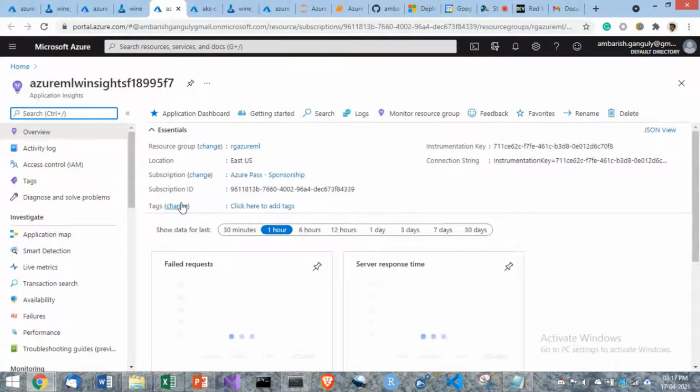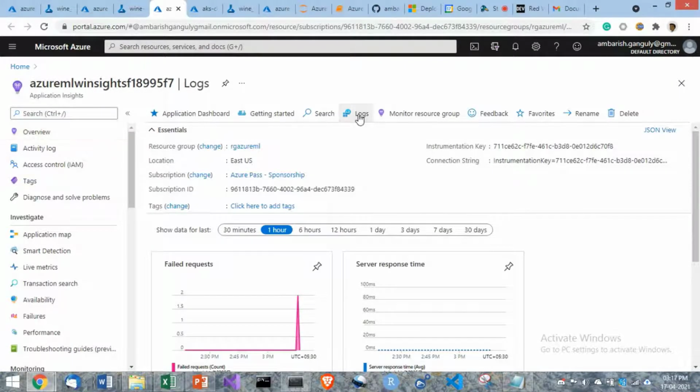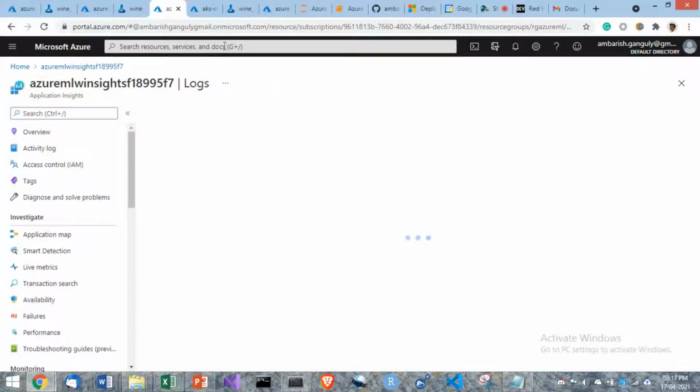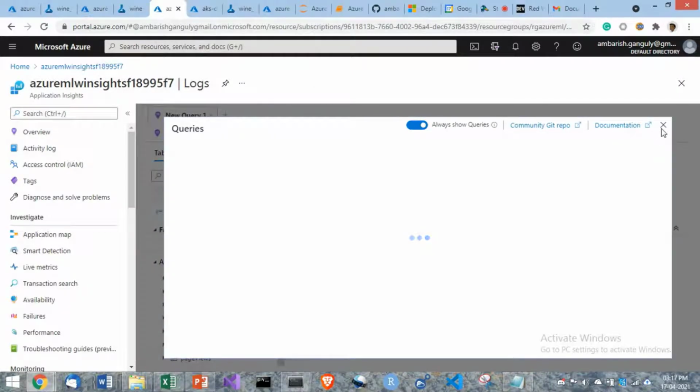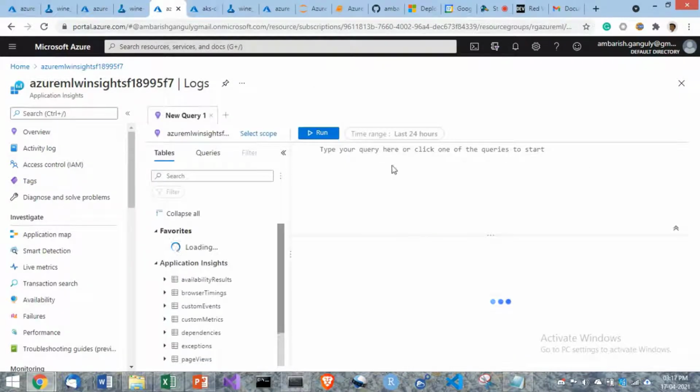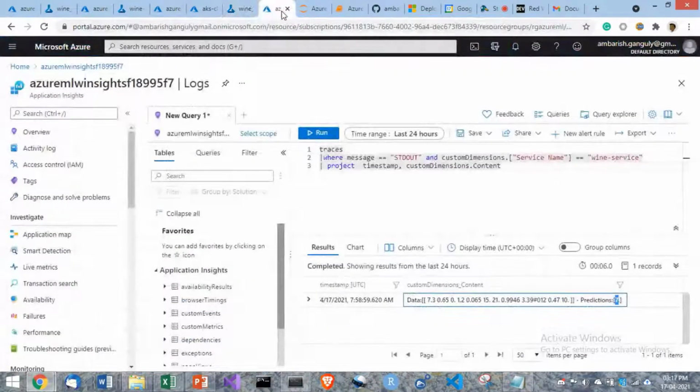I've already done it. You click on logs here, and you can type the query. Yes, I've done it. So here I type the query, and the wine service is a service, and then you can get the content here, and the prediction is 7.